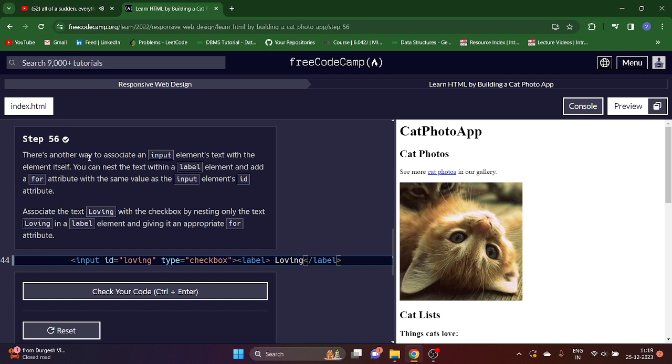So there is another way to associate an input element's text with the element itself. You can nest the text within a label element and add